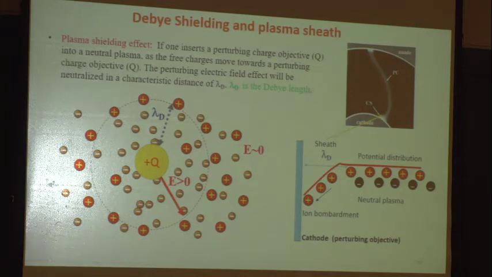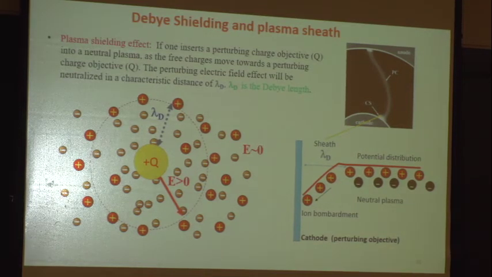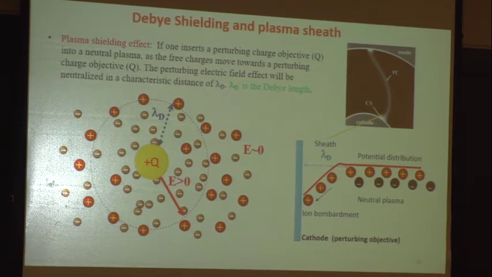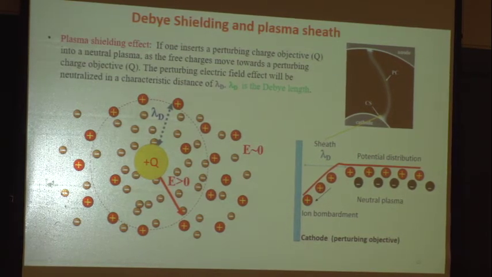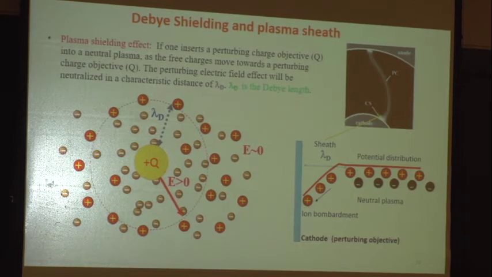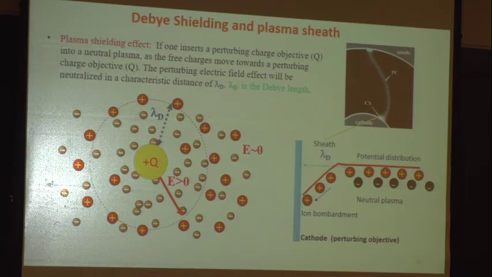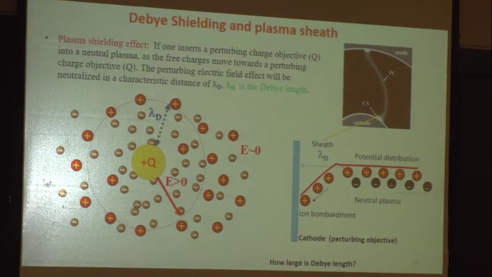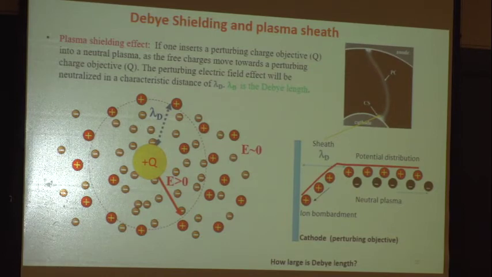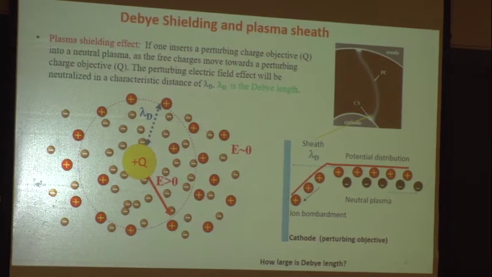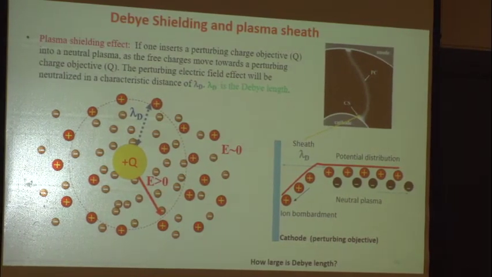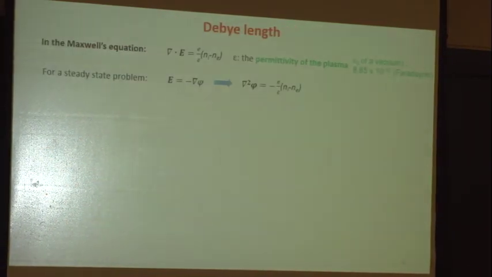So the Debye length is relevant to the length scale of the sheath at the electrode. When you do plasma-assisted combustion, you try to quantify the field strength, and don't forget that the sheath may play a big role in affecting the voltage distribution in the plasma. Okay, how large is the Debye length? Well, it could be close to what? The collisional mean free path, could be. But you have to start from the Debye length.